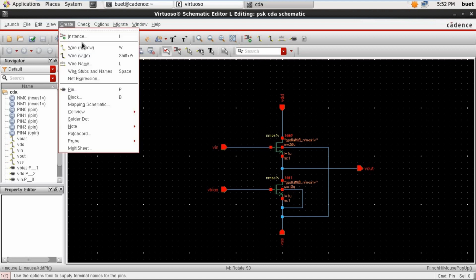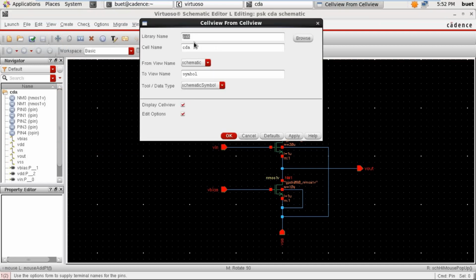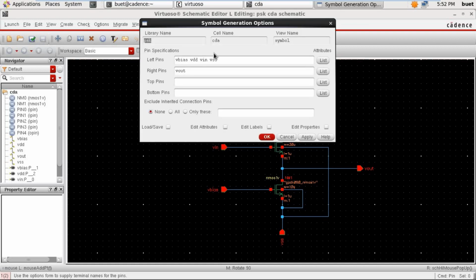Next, we should create a symbol for our schematic diagram. To do so, go to create cell view. From cell view, we should not change anything, just press OK. Left pins should be VIN and VBIAS.